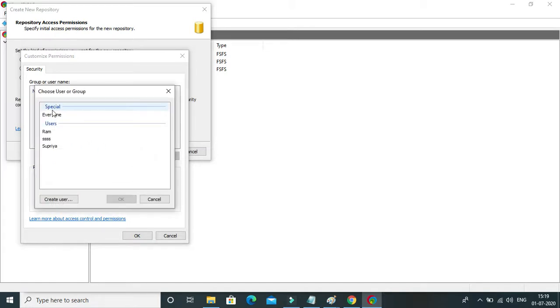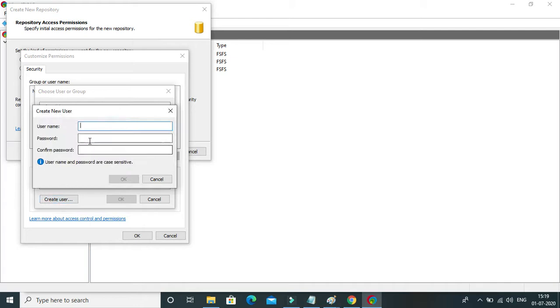You can also create a user here. I can create a user here, like svn, with the password also svn.